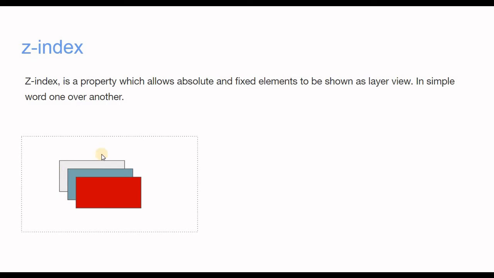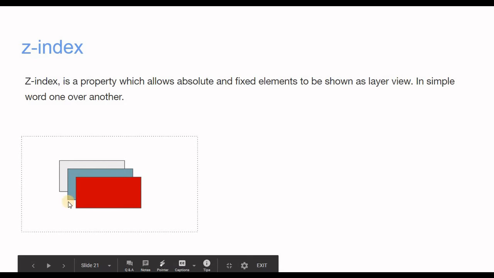All these div elements are positioned absolute, and that's why, whenever we are viewing on our screen, we see that the last code we have written in our HTML document is coming as the front item of this whole scenario.